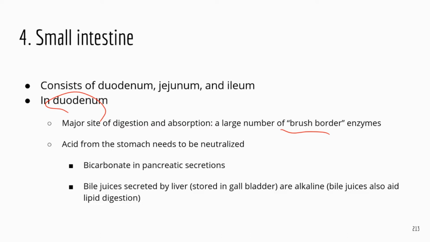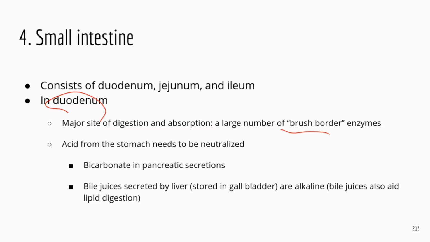So when the chyme coming from the stomach gets down to the duodenum, it's going to be very acidic. Stomach is equipped with a protection mechanism, right? So it's okay to be acidic. But duodenum is different, right? Duodenum does not have all the protection, the mucus, to protect itself from the strong acid. So duodenum is going to receive some chemicals from the accessory organs to neutralize that acid so that your duodenum does not get damaged by the strong acid.